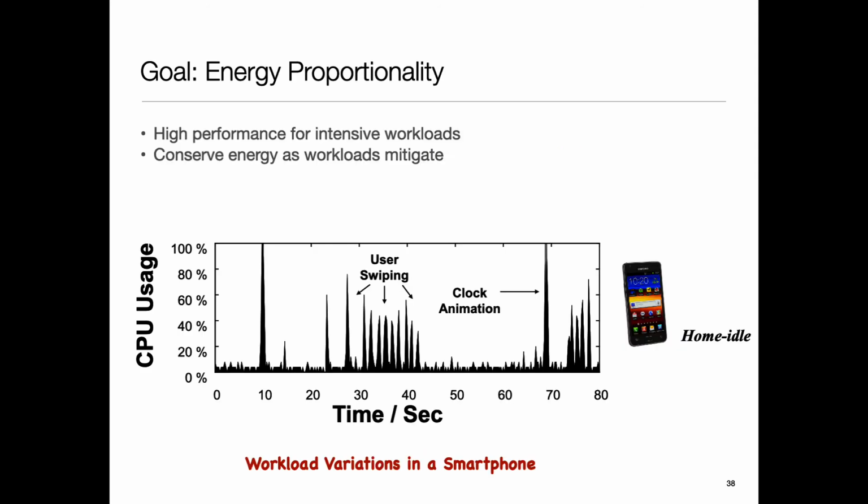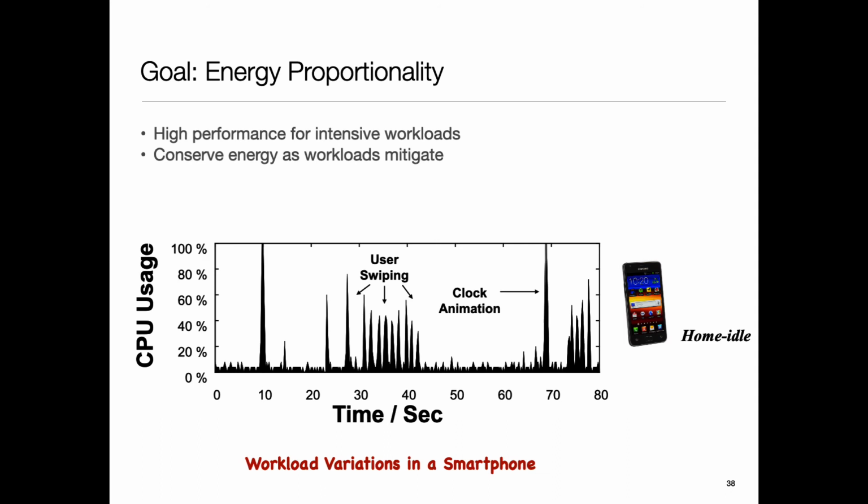So what that leads to is something that researchers from Google some 15 years ago labeled as energy proportionality. The idea is that I want my system to be energy proportional. It should use energy proportional to the work it is doing, and if the work varies with time, and the system is energy proportional, then it would adjust itself, right? That's an ideal goal that you would want.